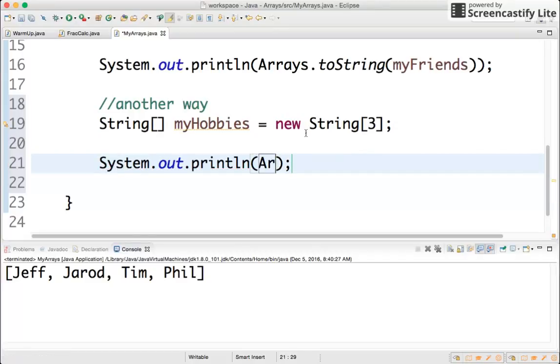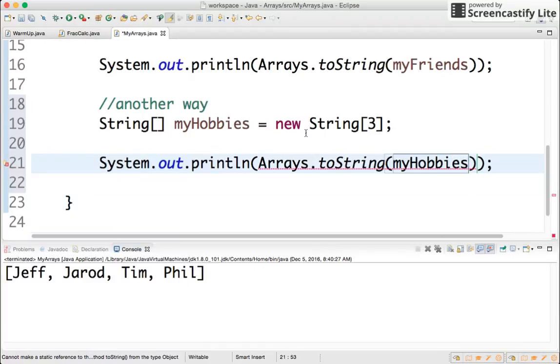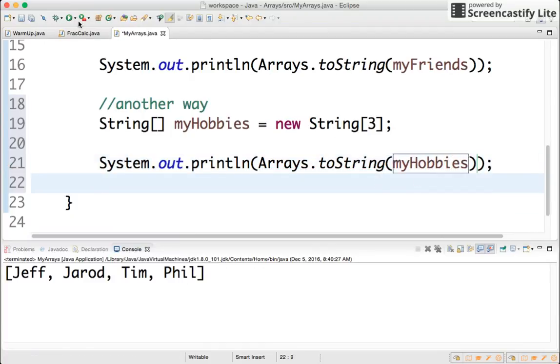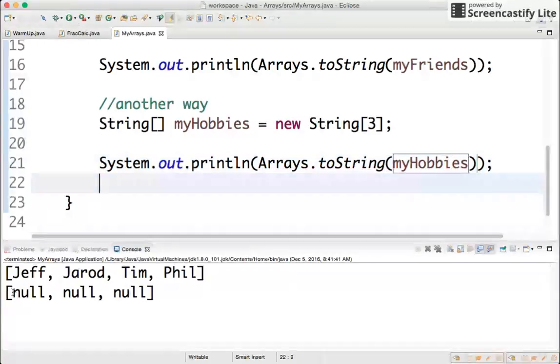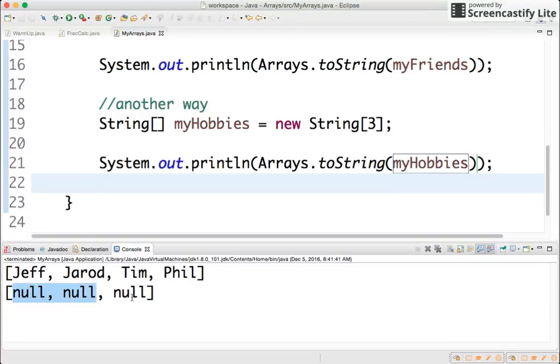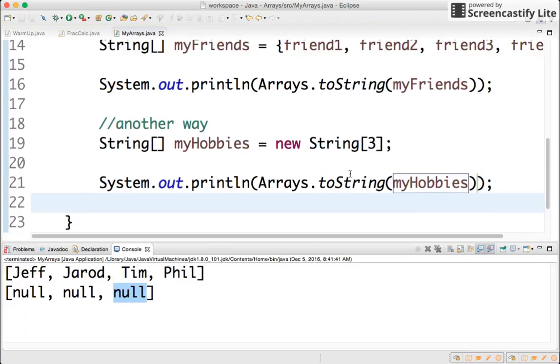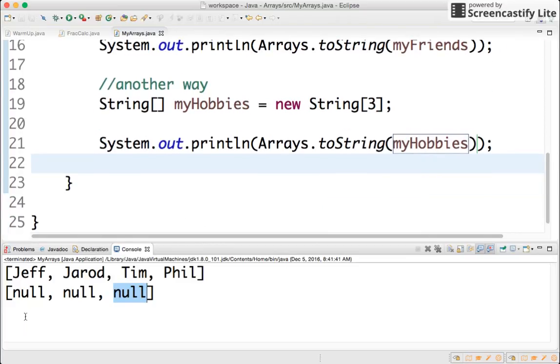Remember, we have to use Arrays.toString, and let's put in myHobbies. Now remember, we haven't actually filled any of the spots yet, so we're still going to see the friends array there. And then look at this. It says null, null, null. So if you're going to have a string array and you ask Java to make one with 3 spots and you haven't filled them yet, Java will fill it with something called null, which basically means,